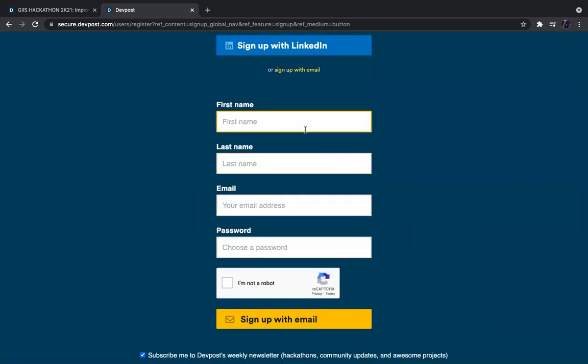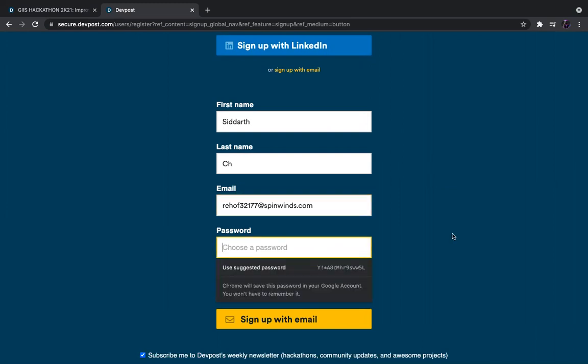You enter your details over here, your first name, last name, and your email address. I'm going to be using a temporary email address because I've already made an account on DevPost, but you should use your actual email address because this is how the hackathon group will be contacting you, and you wouldn't want that to go to a temporary email address. So use your actual email address and then you choose a password,